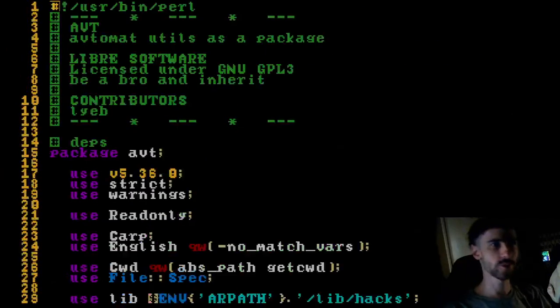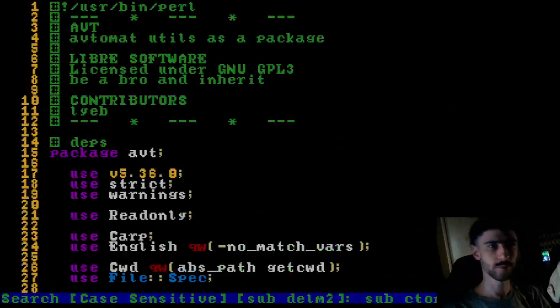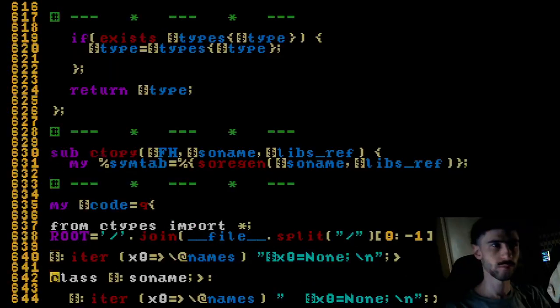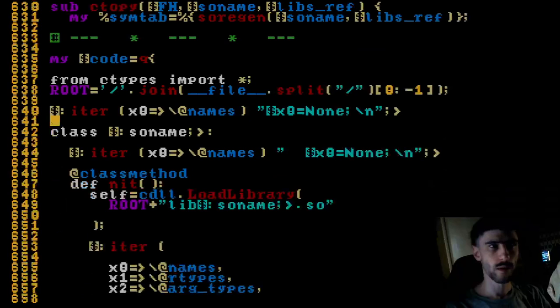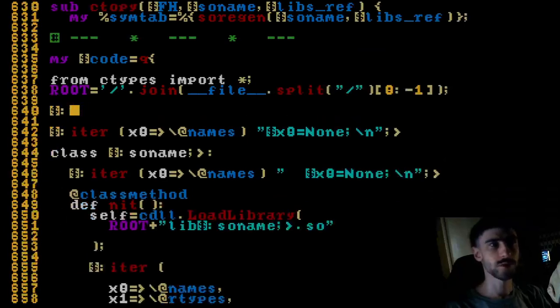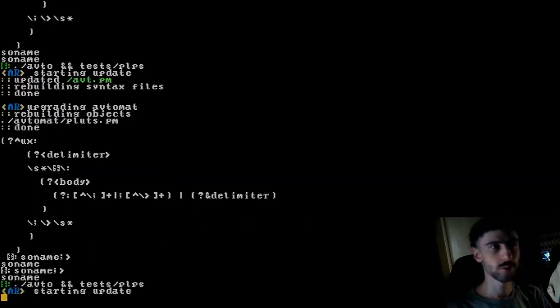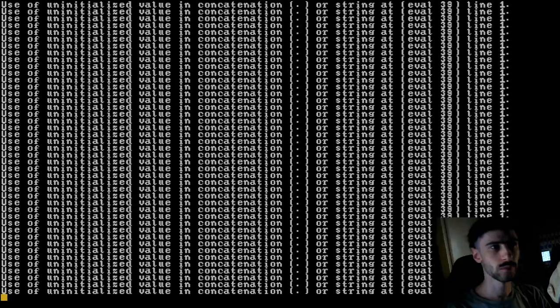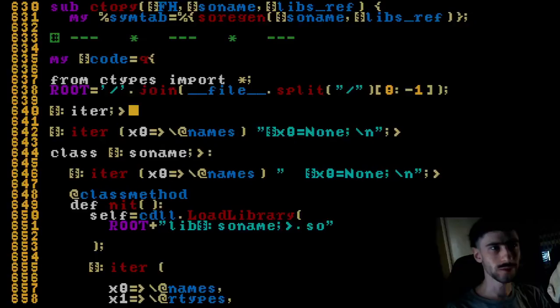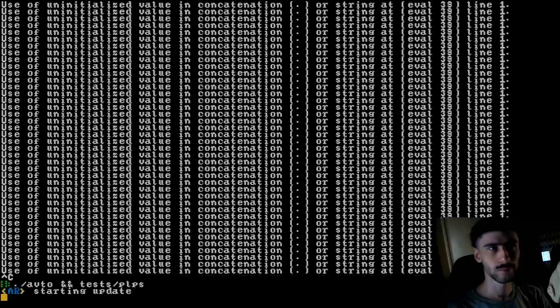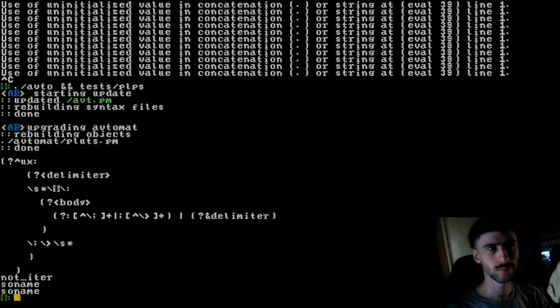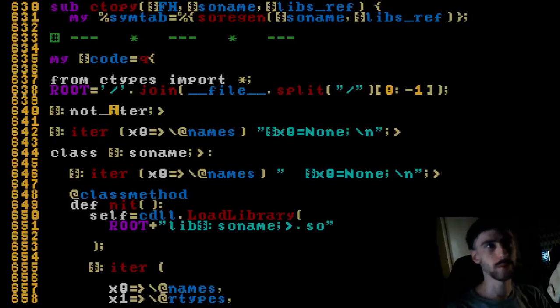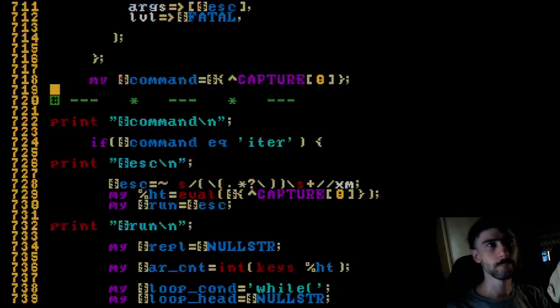I'm pretty sure that if I were to write it straight up, it would detect that one. Okay, so that does detect. And it detected iter by itself, which means